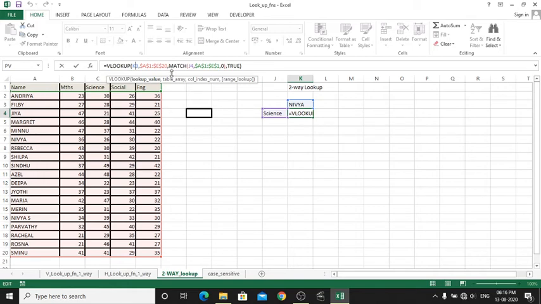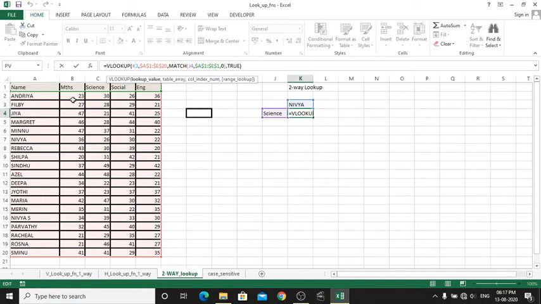Okay, and the third argument is the column index number. So column wise, that means in this example, column is the subject marks, right? So I should pass subject as the column index number.